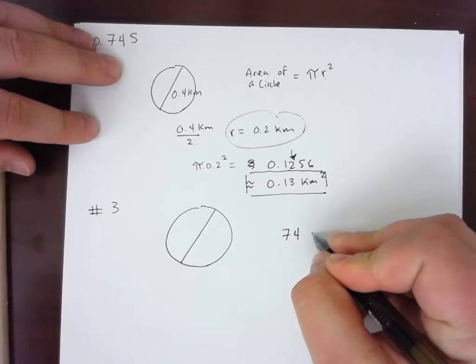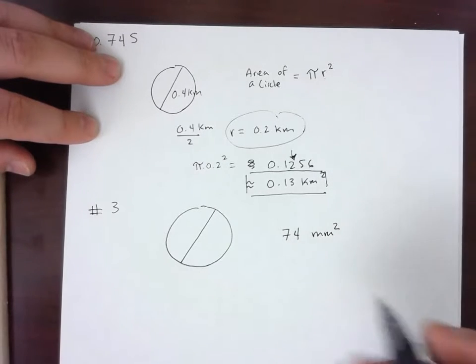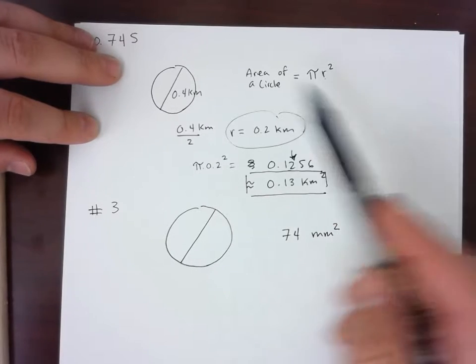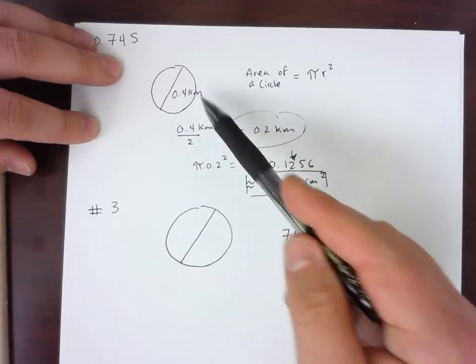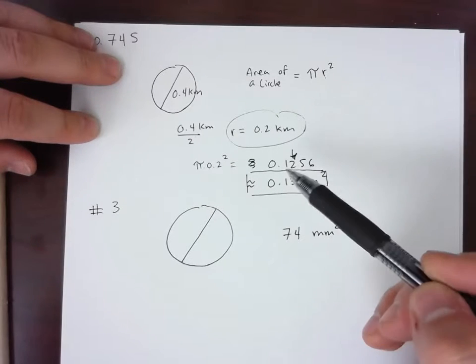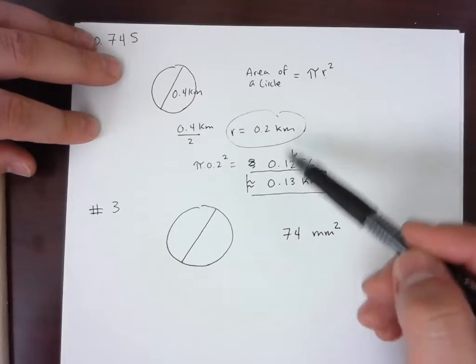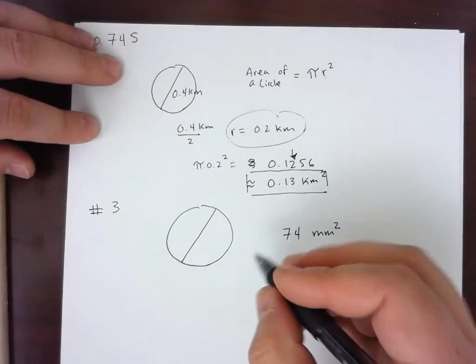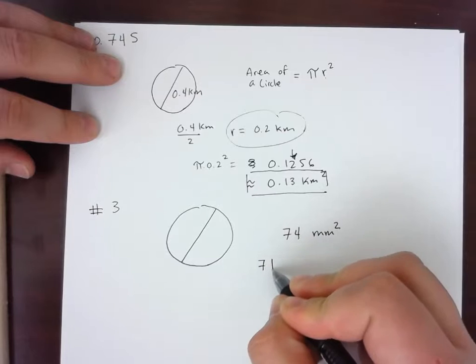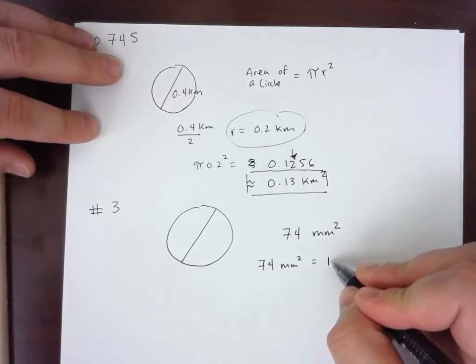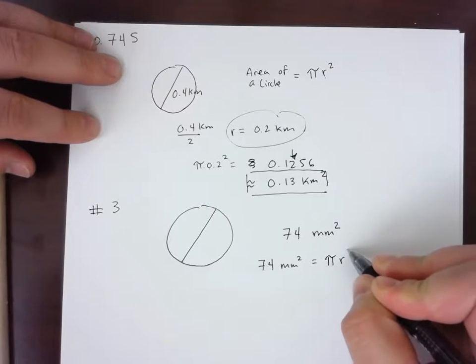Okay, so this time we're going to have to kind of work backwards. Before, the diameter was given to us, we had to divide by 2 and then put it in this equation. Well, now we actually have the answer, and we're going to work backwards to the diameter. So if I know that the area, this 74 millimeters squared, is going to be equal to pi times the radius squared,